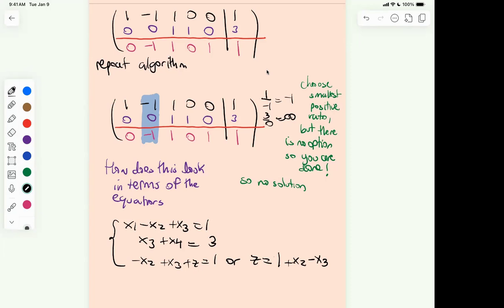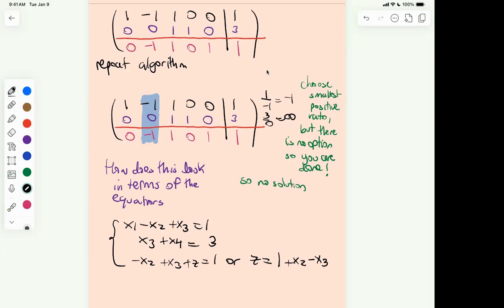So again, Z is what you're trying to make as large as possible. And you can see pretty clearly from this presentation that to make Z as large as possible, you have to make X2 as large as possible, which is why we were focused on column 2. Okay. But then, if you look at this equation,